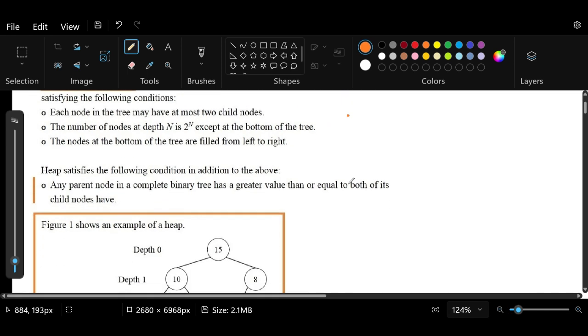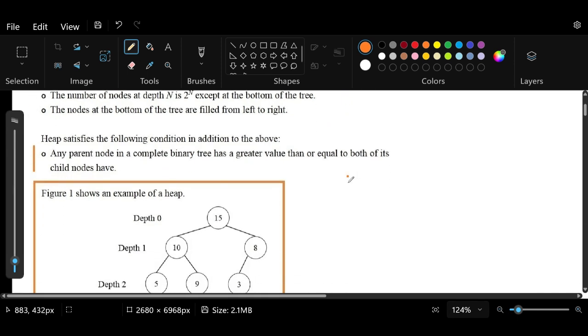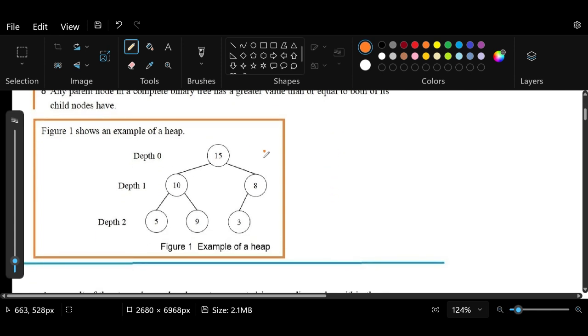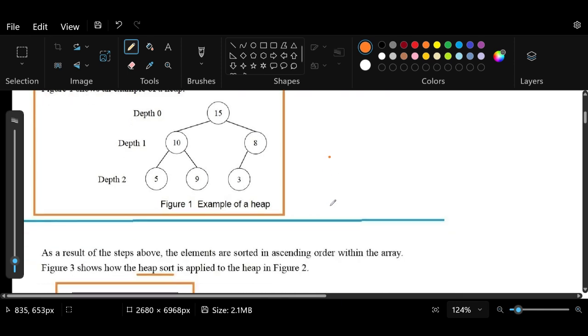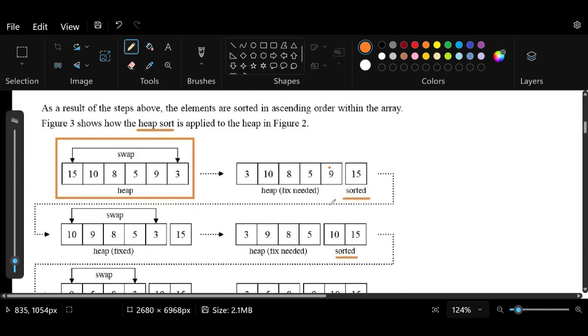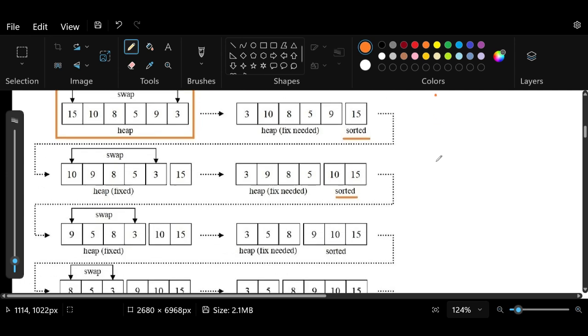To show us what it would look like as a binary tree, we have this figure here, and just below it I put the array representation of the binary tree. What we need to do is to sort it in ascending order in this case, and then from there find out if the code has to be updated or changed. But in this particular sub-question,